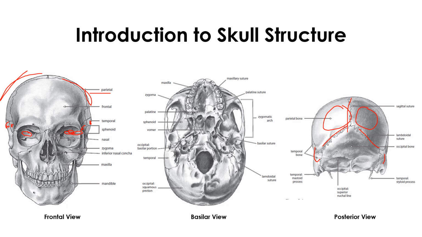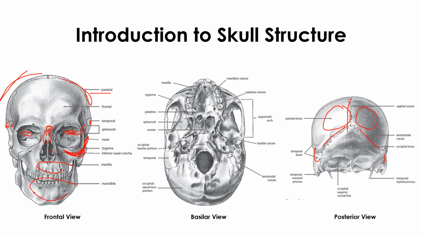Then the nasal bone can be seen here, joining the glabella. This is the glabella region. Okay, remember that. The zygomatic process goes from behind to inside, under the eye. So this particular part is called the zygomatic process or zygoma. The inferior nasal concha is inside. The maxilla is the upper part of the mouth, and the lower jaw is called the mandible.